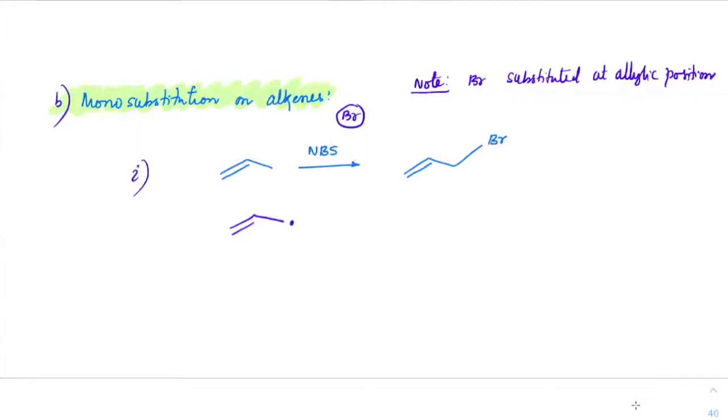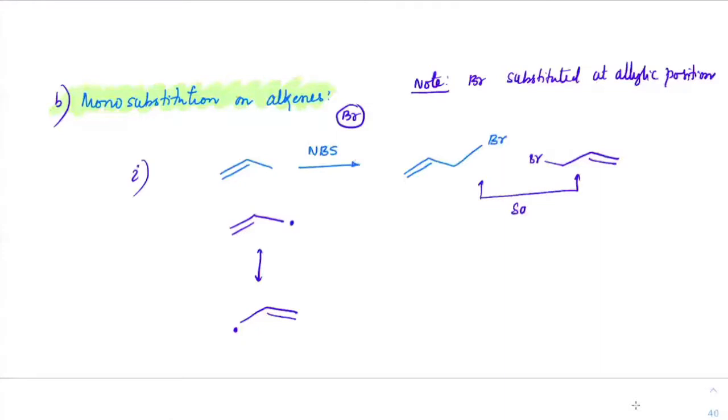This radical can be resonance stabilized, although you may not know this concept yet. I'm just giving you an idea that you can shift this double bond and the dot will come here. Got it? So there are two possibilities. If the dot comes here, bromine can come here, but these two are the same only. You write it this way or this way, it is the same. So there are two possibilities, both of them are the same.